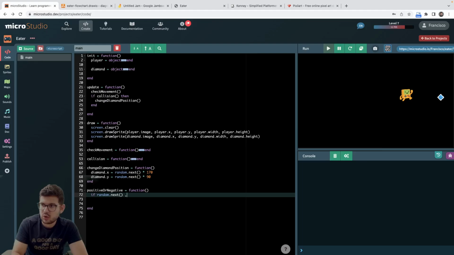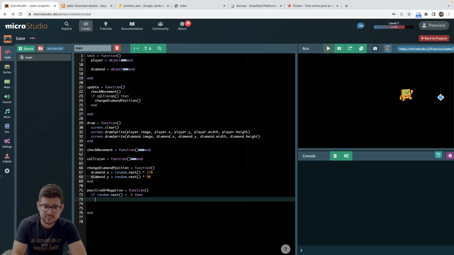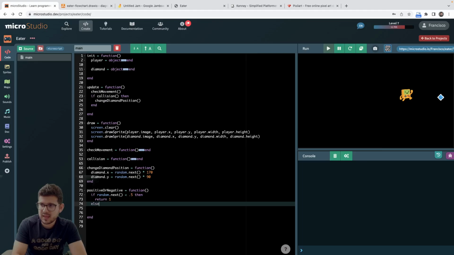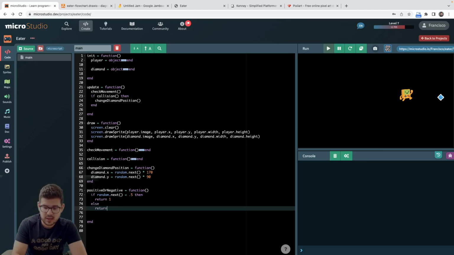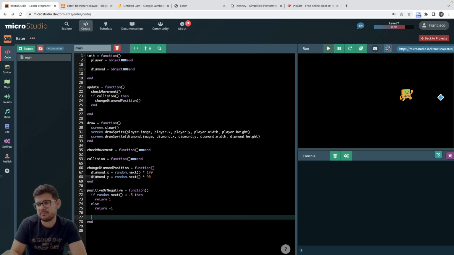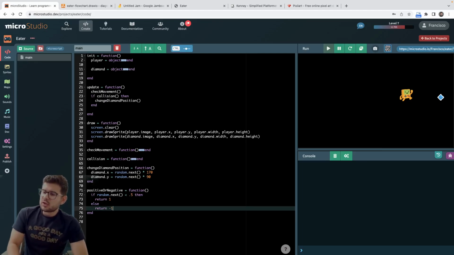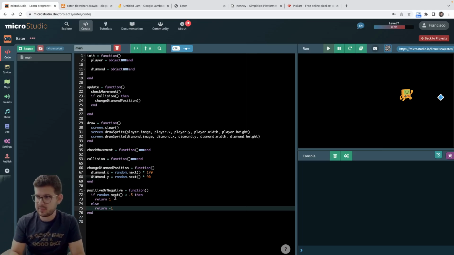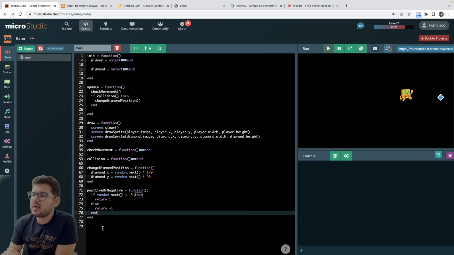is lower than 0.5, right? Then let's return a 1. Else, return a -1. So that way, oh, actually, I'm missing an end. Okay, so yeah, I'm hoping it's gonna work anyway, but I'm hoping my logic is good enough, so